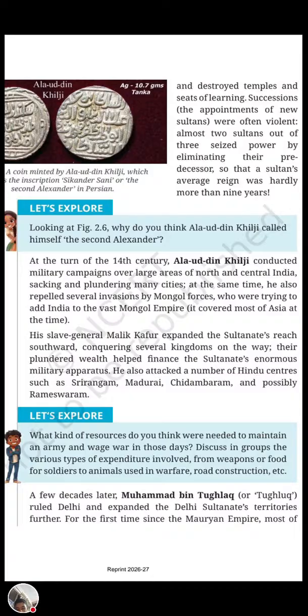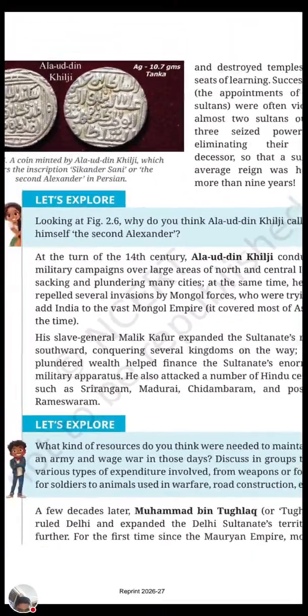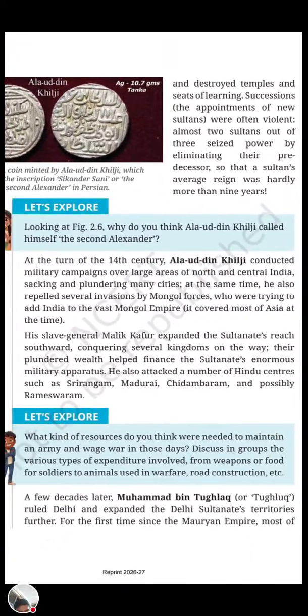Okay, next. What kind of resources do you think were needed to maintain an army and wage war in those days? Discuss in groups the various types of expenditure involved, from weapons or food for soldiers to animals used in the warfare, road construction, etc. See, now I can write here that